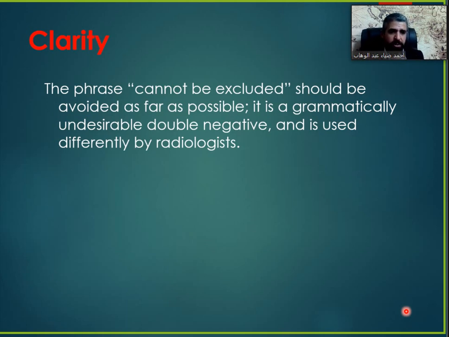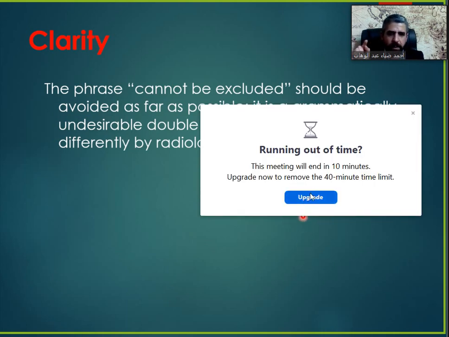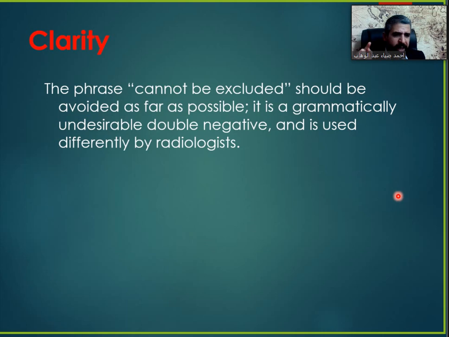When the diagnosis is mentioned but considered unlikely, other options are to state X is a remote possibility or consideration. For example, you write a cyst or a mass seen in the lung, carcinoma is a remote possibility or consideration. Okay? You don't write carcinoma cannot be excluded. Avoid the phrase cannot be excluded. Either it's likely, or it's more in favor of carcinoma, or it's unlikely. Don't use the phrase cannot be excluded. It's very unclear.